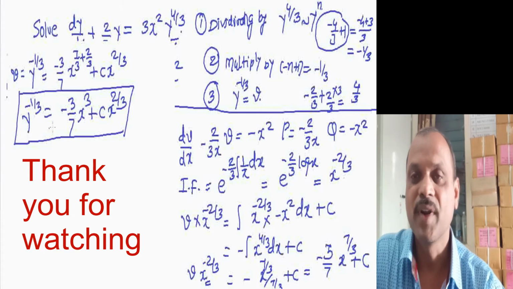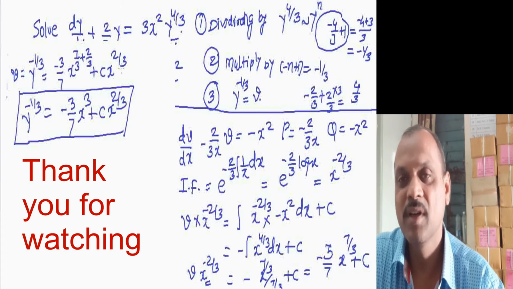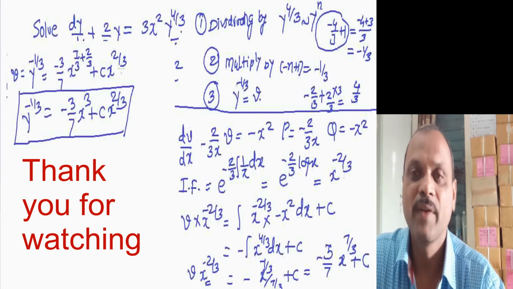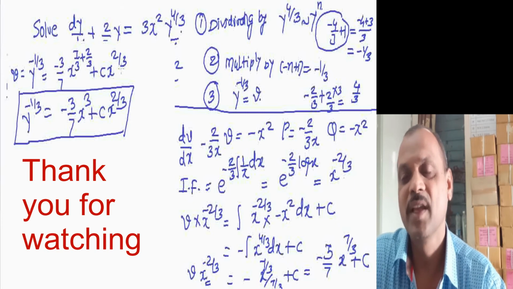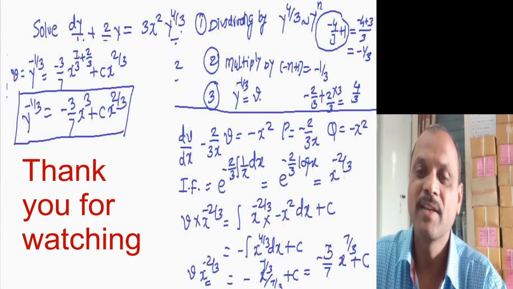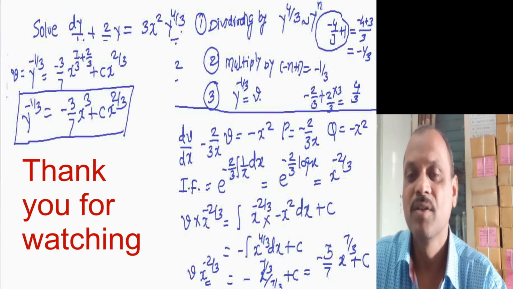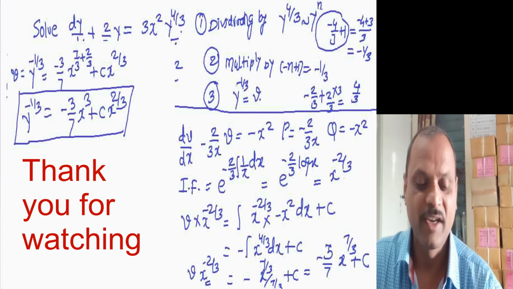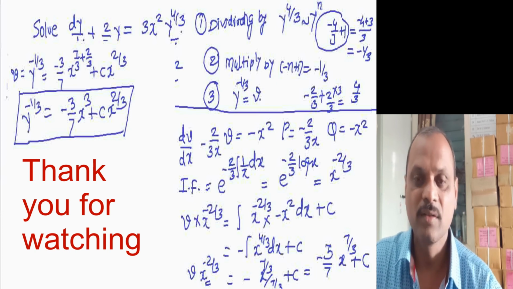Okay. So, friend, this is a very simple method where first we have divided by y raised to n, then we have multiplied by minus n plus 1, and then we have substituted the term y raised to minus n plus 1 equal to v. This process is very clear, and hope